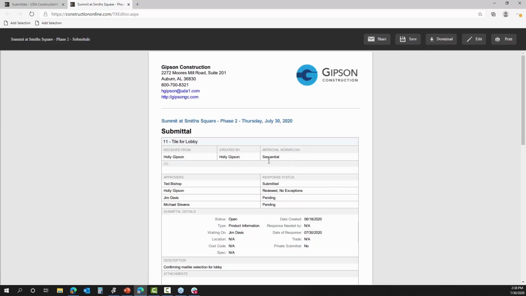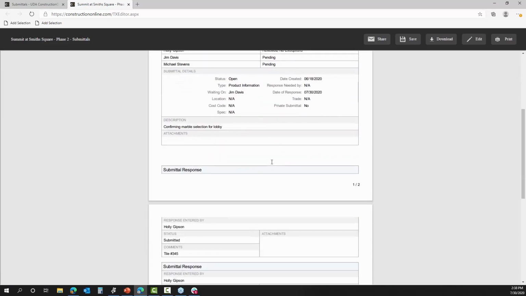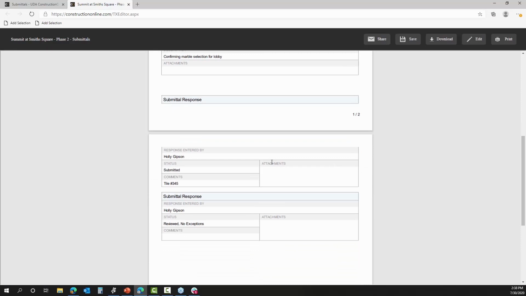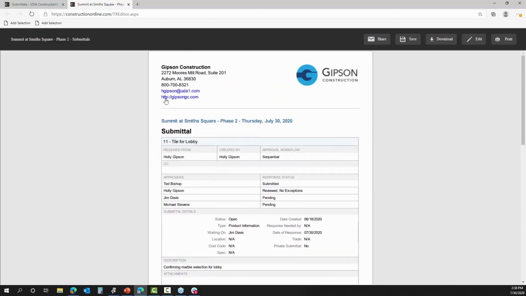But you can print the submittal. It's a great document that you could then either print out or just download or save this PDF and use it for other purposes. So great question. Yeah, sometimes what I found is that companies want kind of like a finality to a submittal,